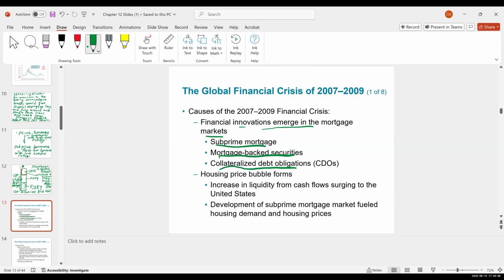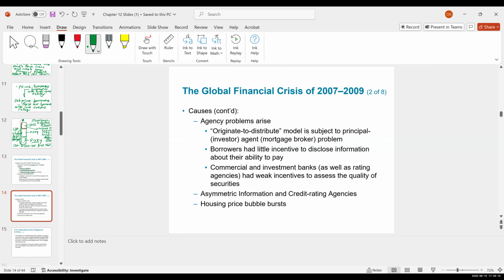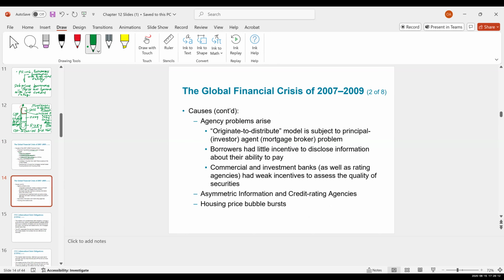Okay. So one of the problems is what we call an agency problem. The originate-to-distribute model is always subject to a principal-agent problem. So the mortgage broker,